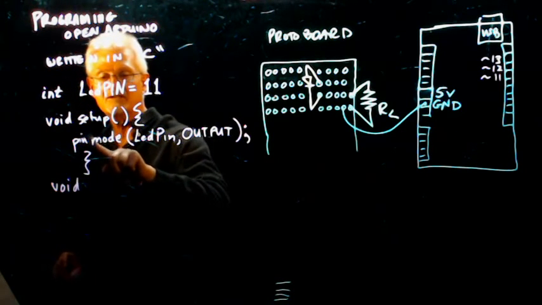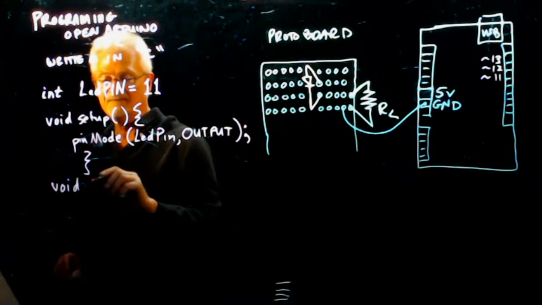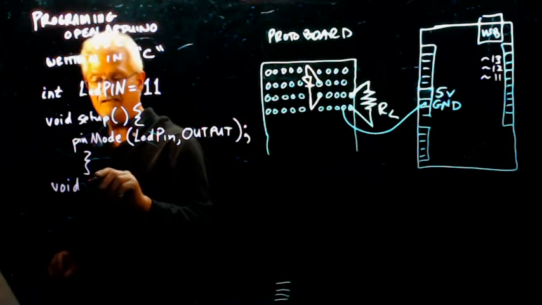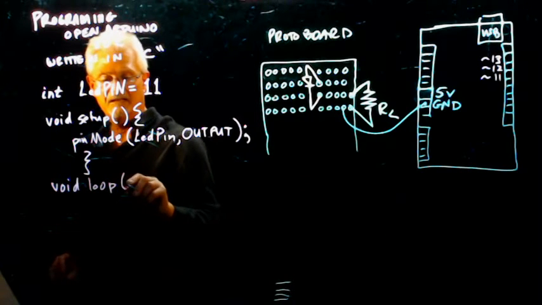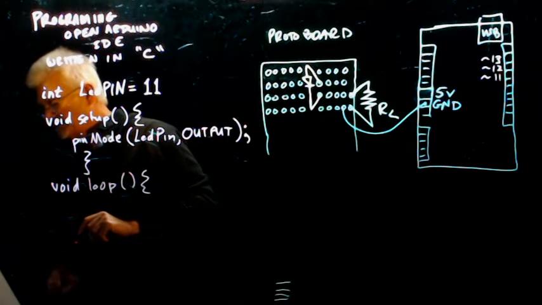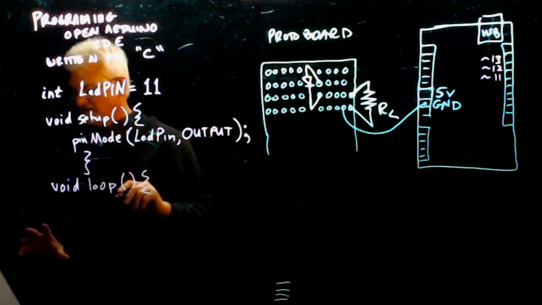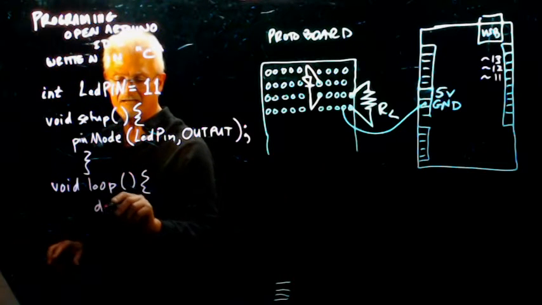Oh, I'm just seeing here that this one is supposed to be a capital letter, pinMode. And so now I'm going to say void loop, and the loop looks like this. And now I'm going to do what I have to do in the loop, and all I have to do in the loop is I'm going to do a digital write,